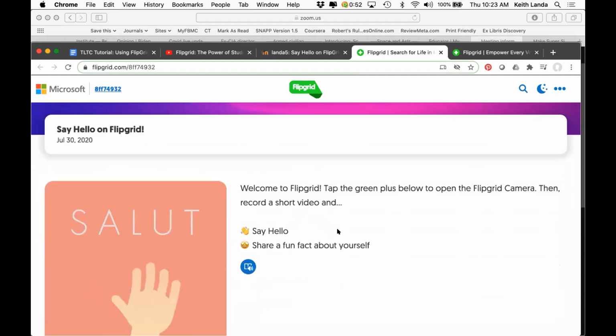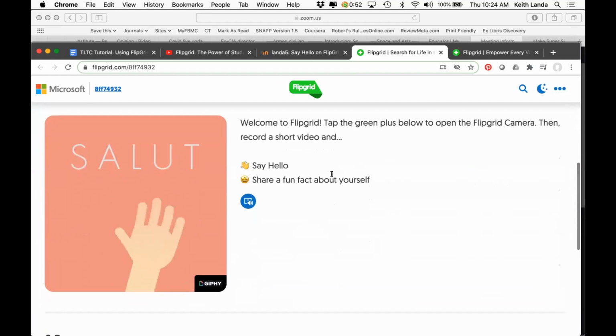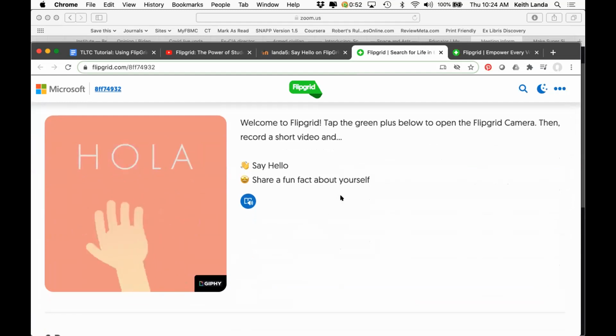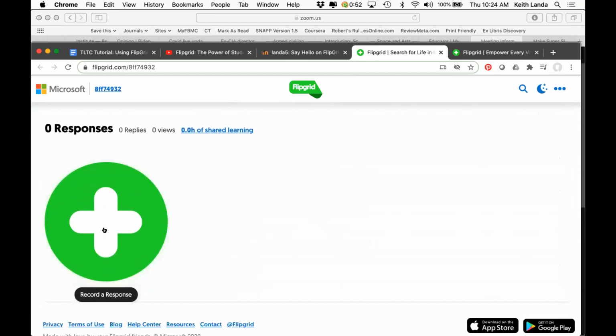You would see whatever prompt that you wanted them to reply to, if this is the icebreaker, how you want them to introduce themselves. And then there is this big green record a response button that they could click on,